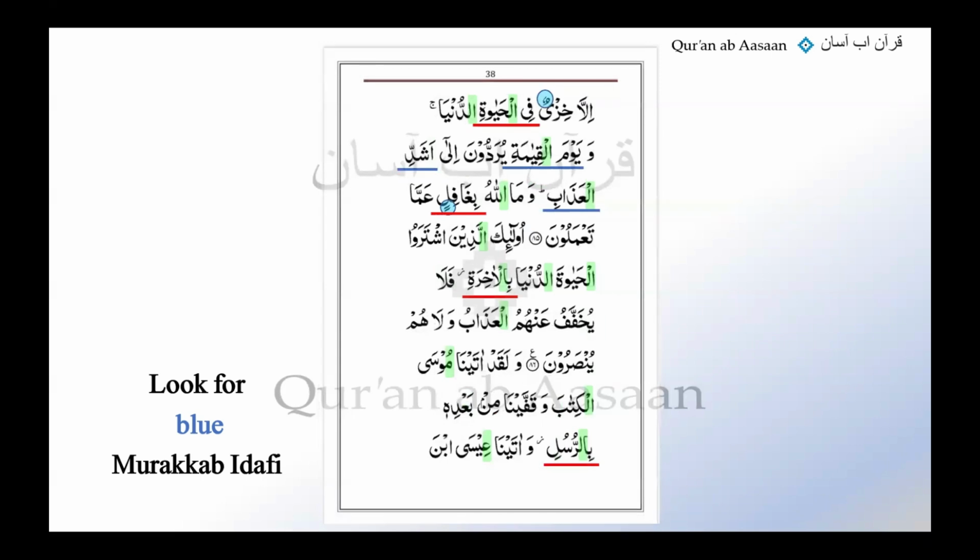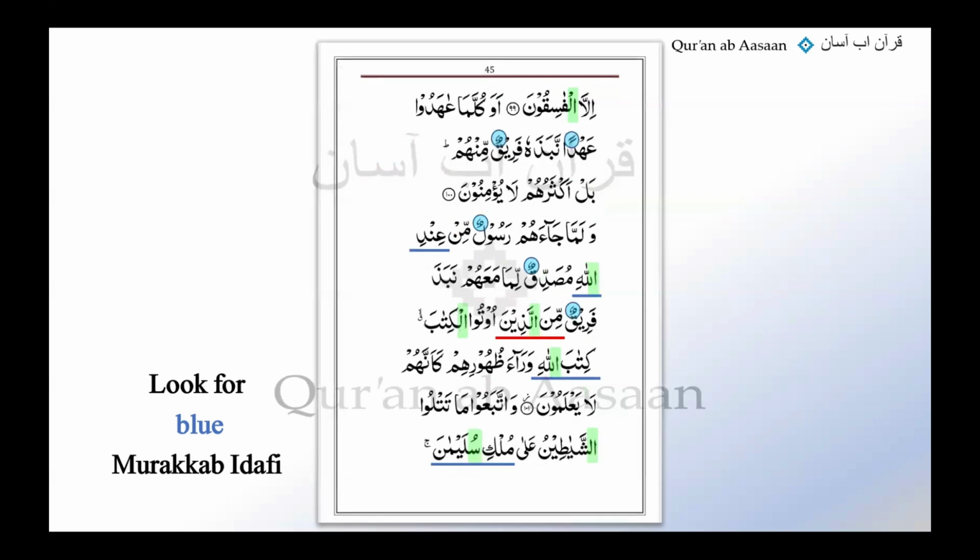Okay, sorry. This one here, ashaddil azabi. If we look back for this noun to be in jar, the reason is the harf jar behind it. So ila ashaddi is again a murakkabe jari. And here again, indillahi. Indi is in jar clearly, and looking back we see our beautiful harf jar. So min indi, again we found another one. Beautiful. All right. Any other one on this page?